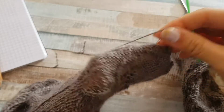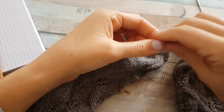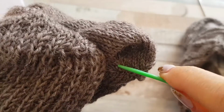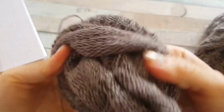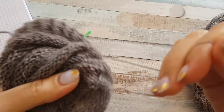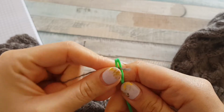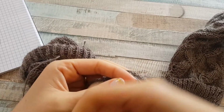So that's what I got at the end. So now I just take the yarn and insert it in the needle and move it to the other side of my work. Just insert to the close by stitches. Okay, and then go to the other side of the sock and you can hide it by making few stitches and hiding the yarn in between the stitches. So normally I just go under some loops, make some knots,